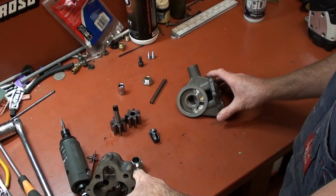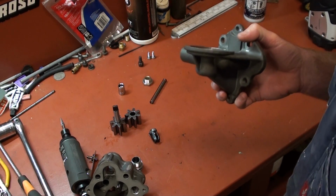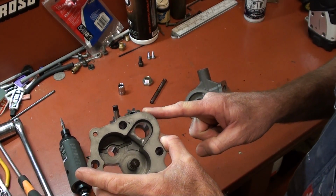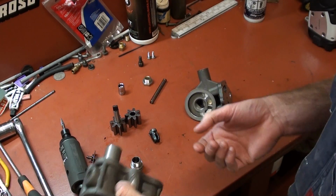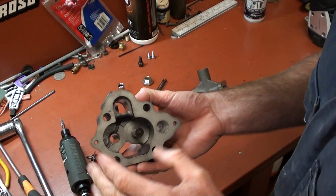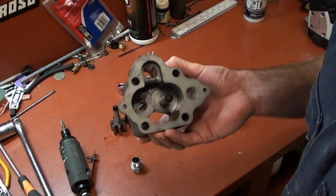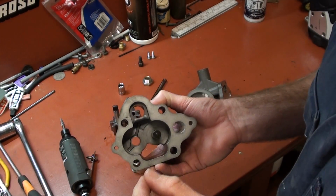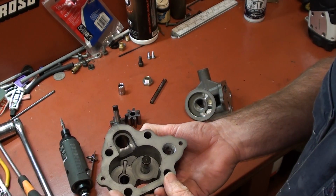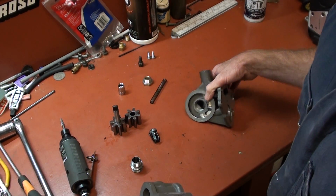Now, in the thread that he's put up, the idea is to get the flow. See, pressure is a restriction, and the trouble is it's reading off here, your pressure gauge, right? For example, you've got 60 pounds at 5,000 revs. It's all very well, but in my understanding, I may be wrong, it's not a real good indicator of what's actually going into the block. By doing these little tips and tricks, you can still maintain that oil pressure but increase the flow. And so you're sending more volume of oil to your engine. And I think that's the key to really getting these little pumps